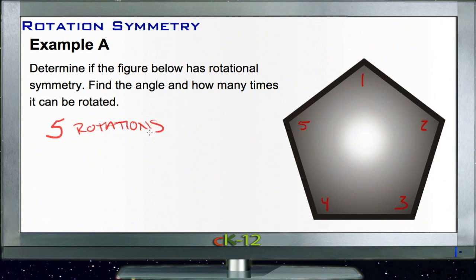So to find out what the angle is, we take the full rotation, which is 360 degrees, and we divide it by 5. 360 divided by 5 is what, 72? 72 degrees. So 72 degrees is our angle, and then 5 is the number of times it can be rotated to demonstrate rotational symmetry. All right, example B